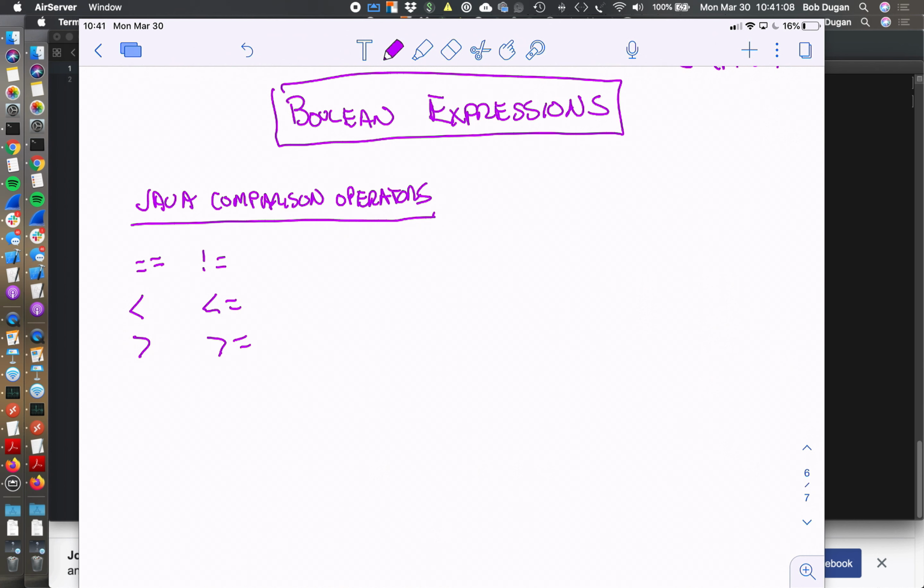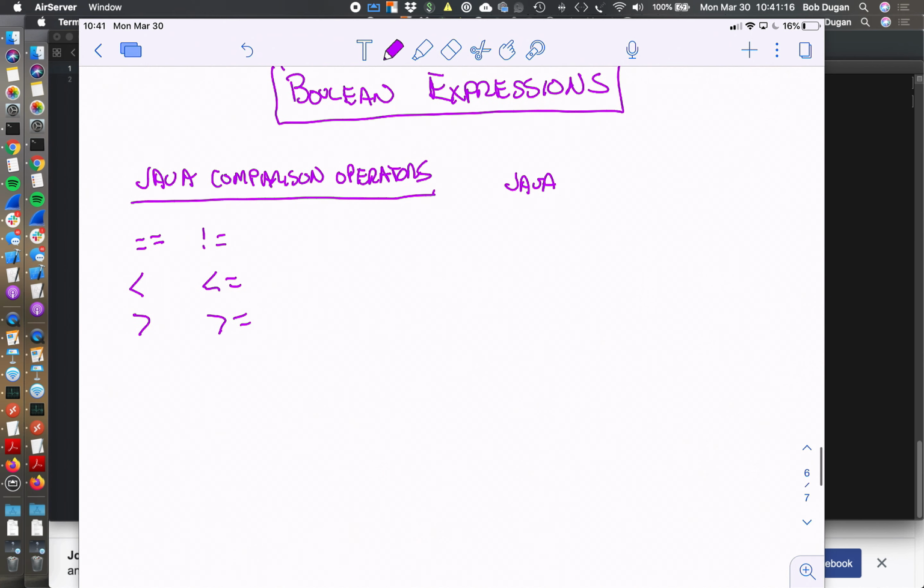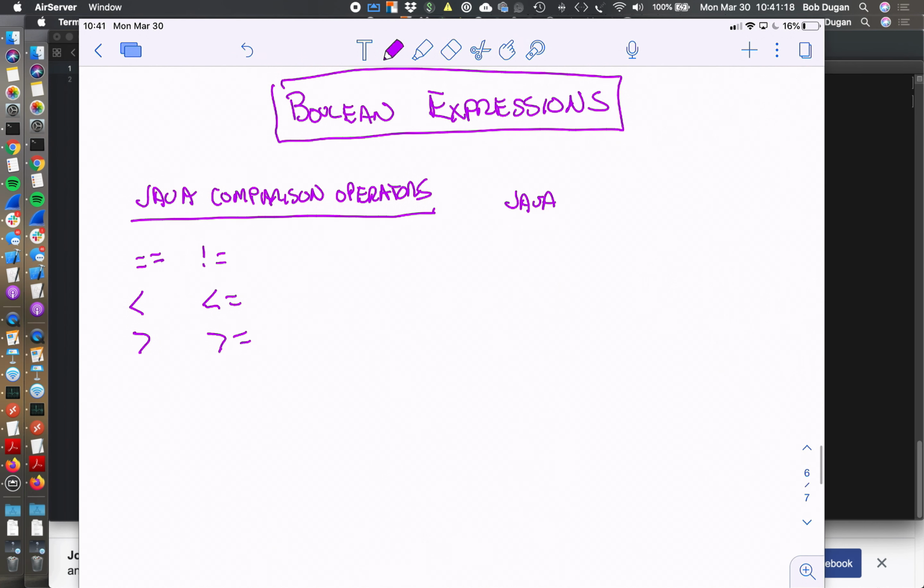All right. And the Java comparison operators, or sorry, Java Boolean operators, those are and, or, and not. All right, so it turns out that in JavaScript, the comparison operators and the Boolean operators are